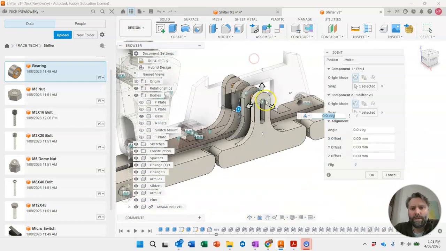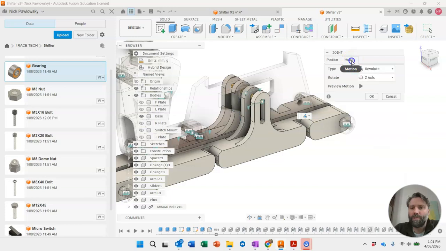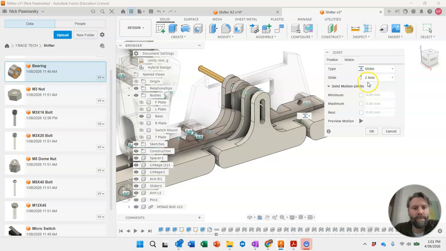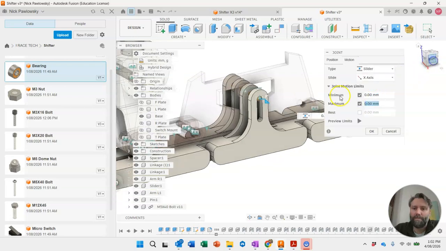Now we want this joint not to be revolute, we want it to be a slider. And this is where we may have to change the type of direction. So it's not Z, and it's not Y, so it's going to be an X axis. Cool. And we can set a minimum and a maximum for this. So our minimum will be 0, which is where it currently is. And our maximum,